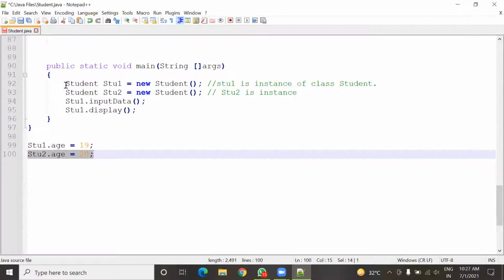Here I have two instances, stu1 and stu2. So age is an instance variable, and that is why I can store two different values of age in this same program.